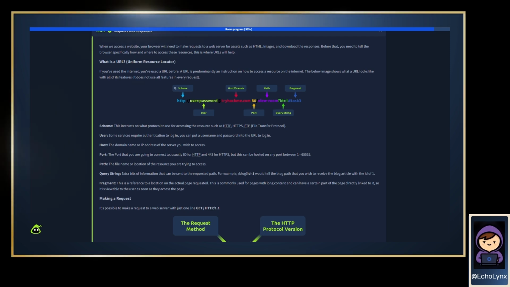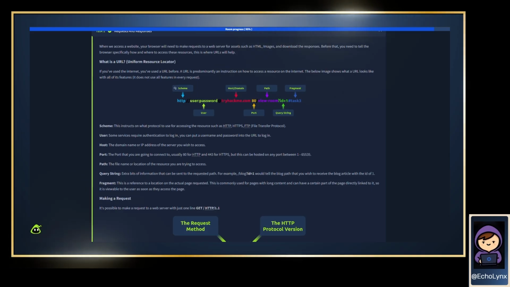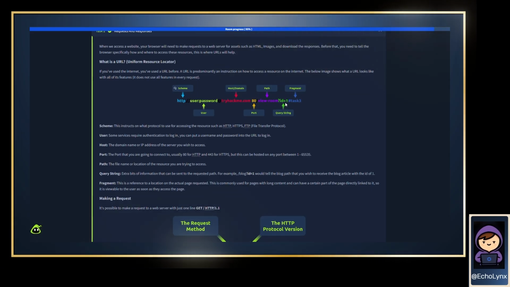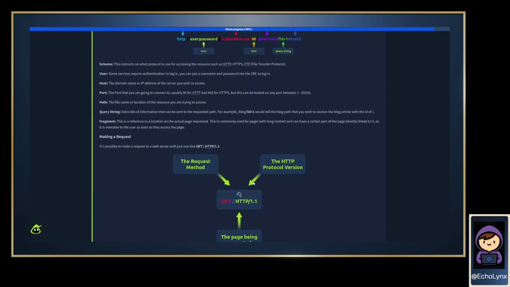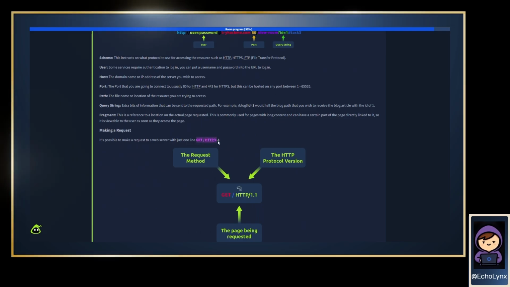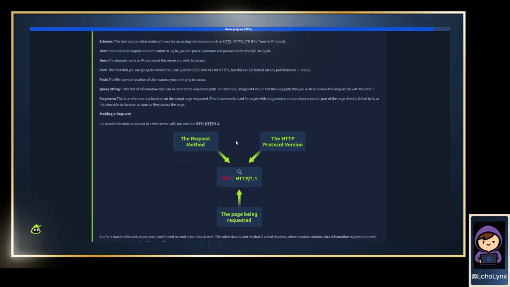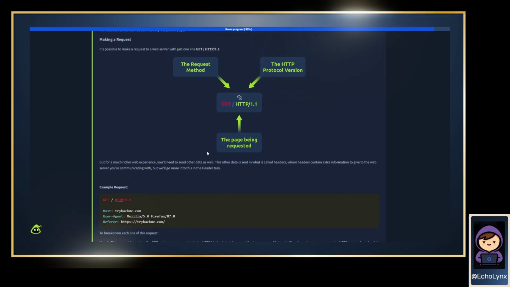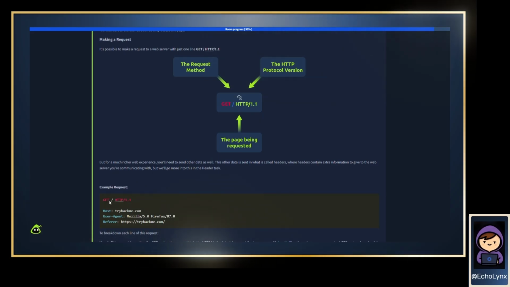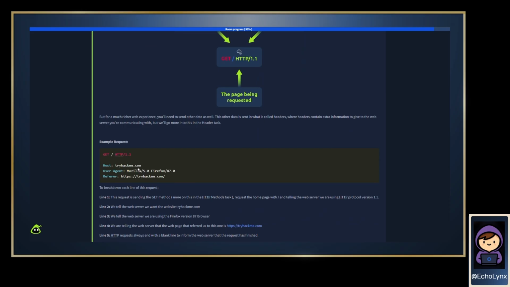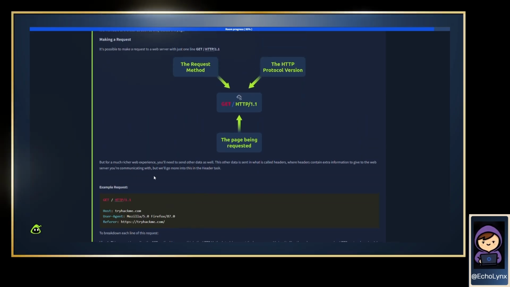Making a request can be as simple as GET / HTTP/1.1: method GET, the path /homepage, and protocol version HTTP/1.1. The first line of the request includes the method and path. For example, to get /admin, you'd request GET /admin